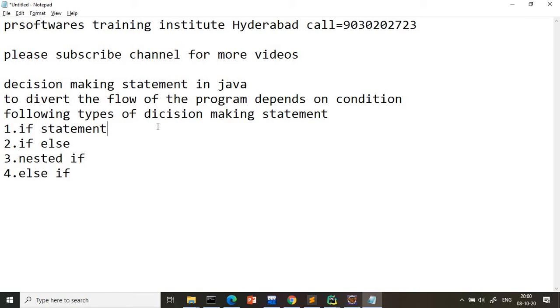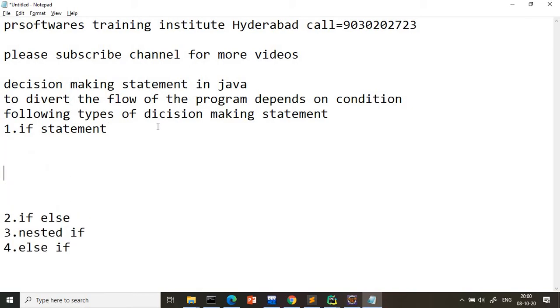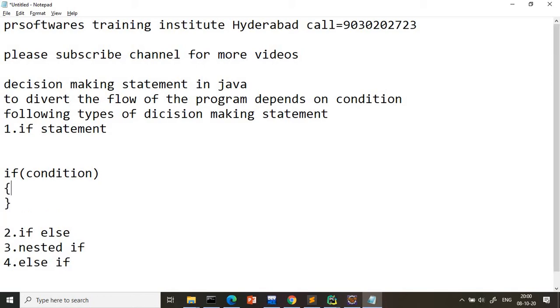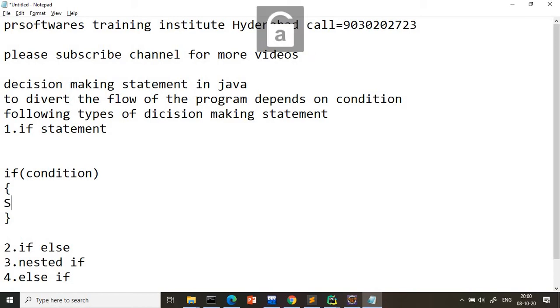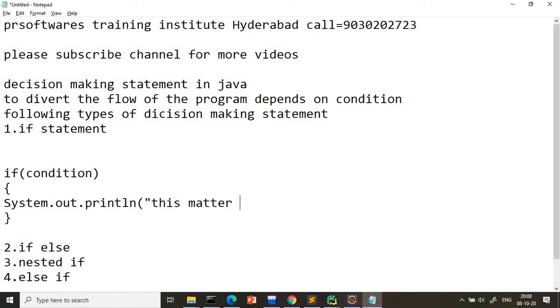The syntax of the if statement is like this: if, and in brackets I write the condition. If the condition is true, then inside I write system.out.println, meaning we can write some message there. This message will print only when the condition is true.